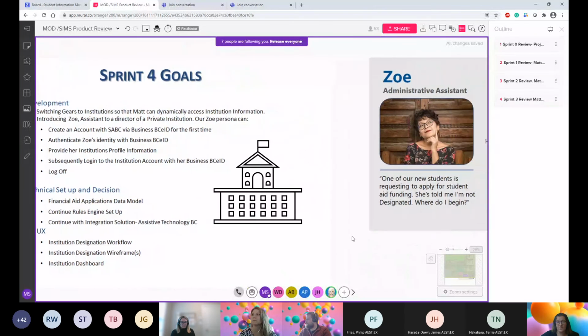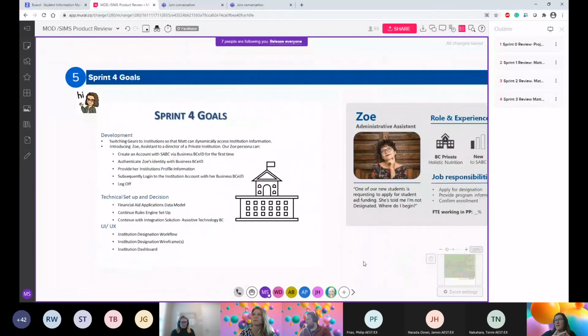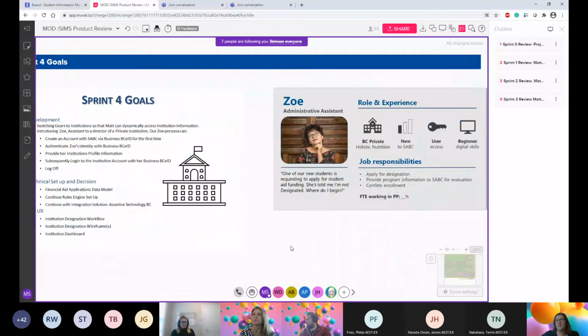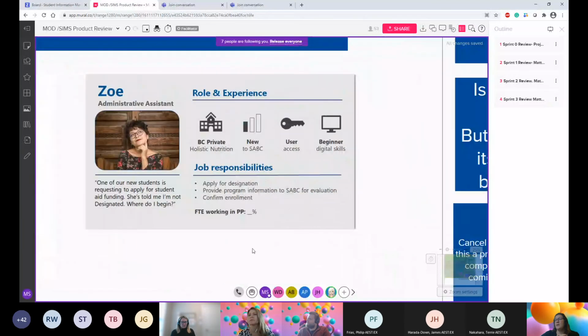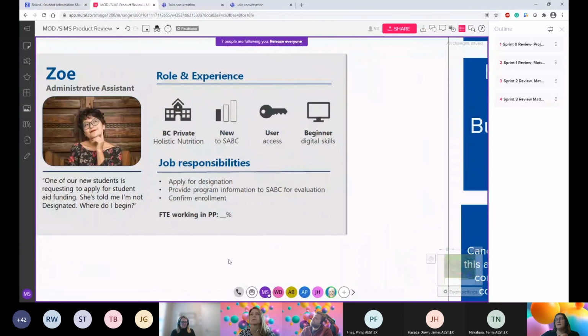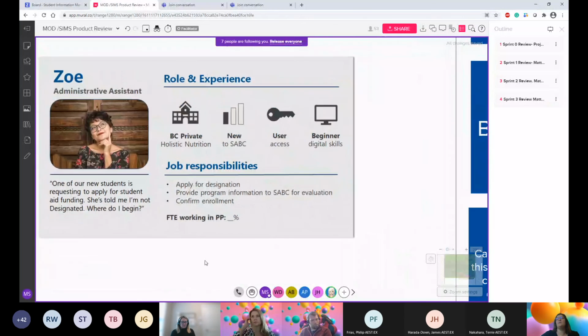So when we come back together in 2 weeks, particularly Phil and your team are probably going to be quite interested in this. And we will be working with Zoe, who's going to be signing in, creating a new account. And you'll notice that that is intentionally different. We had to move away from that approach initially 2 years ago, whereas the institution would fill out the designation application,